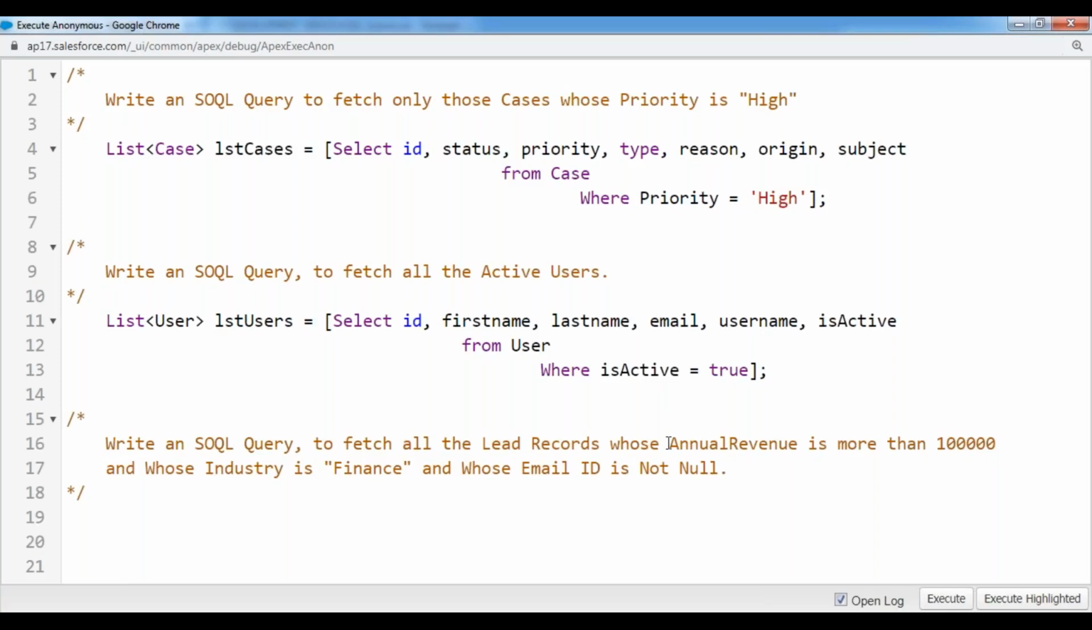Upon fetching the lead records, I want to collect only those leads whose annual revenue is more than 1 lakh rupees, and then the industry should be finance and the email ID should not be null. Then how can we do that? Let me collect those records. List of lead, LST leads. I'm fetching the lead record. Select ID of the lead, first name of the lead, last name, email,